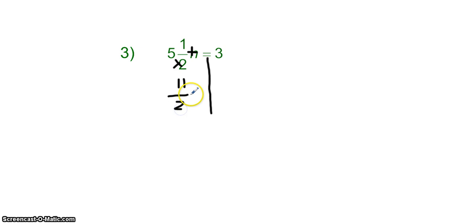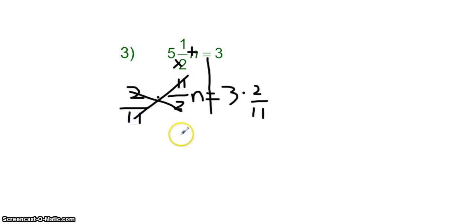Okay, n, because it's multiplied by n, is equal to 3. So first I rewrote it using improper fractions. Next I'm going to undo the multiplication by division by multiplying by the reciprocal. So I'm going to multiply by 2 over 11. Okay? And then I'm going to do 3 times 2 over 11. Okay? This side simplifies to 1n, which is n